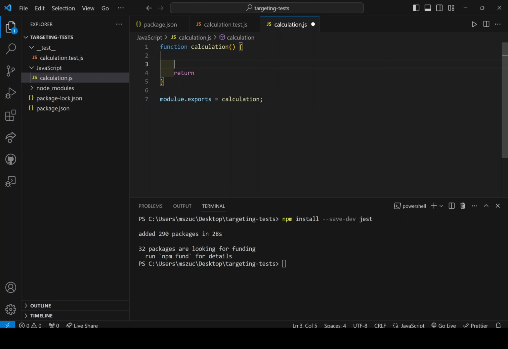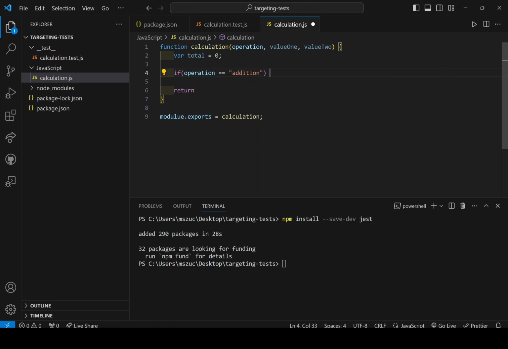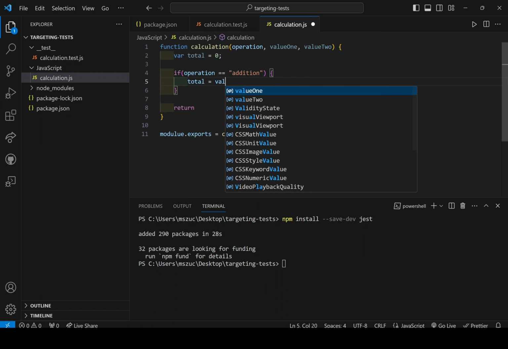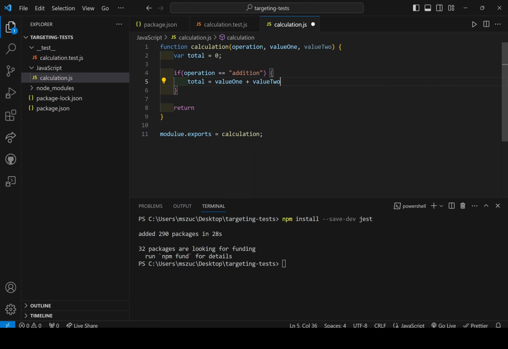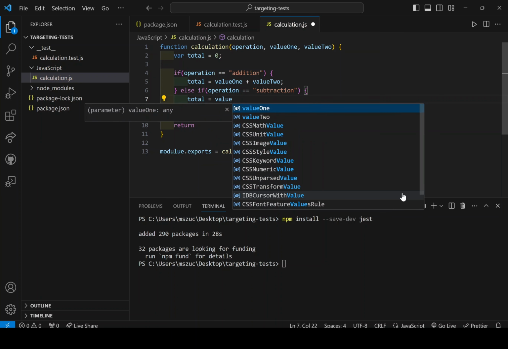Alright, so here in my function, I'm going to just set up some parameter values, so operation, value 1 and value 2. And I'll say var total is equal to 0. And if operation is equal to addition, total is equal to value 1 plus value 2. And then I'll check if operation is equal to subtraction. And I'll say total is equal to value 1